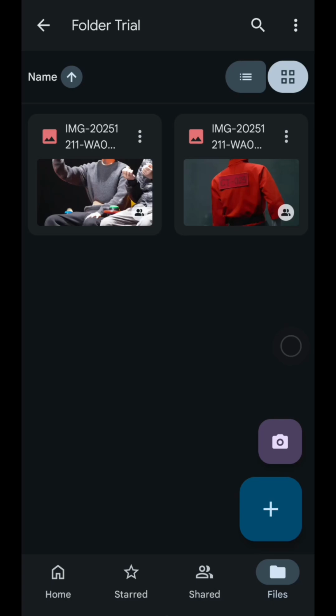And if none of these methods work, there's a chance your access was removed by the owner. In that case, you will need to contact the owner and ask them to reshare the files or add you back to the shared drive. And okay, that's it. That's how you can quickly recover and reopen shared files and shared drive on Google Drive